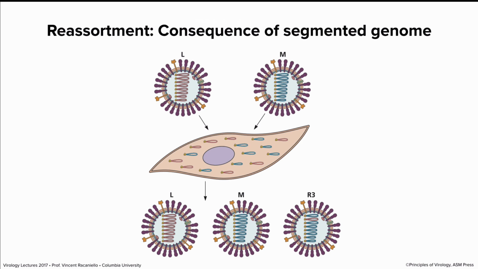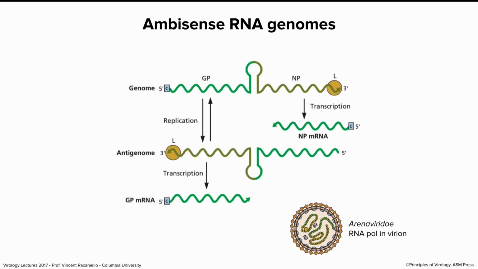And for viruses with segmented genomes, that gives rise to more variation. So for example, influenza virus, periodically brand new strains emerge to which none of us have immunity. And they emerge because human and animal strains undergo reassortment in animals out there in nature. So basically reassortment can create new diversity to make more strains to infect people. So we're going to come back to that later and explore the consequences.